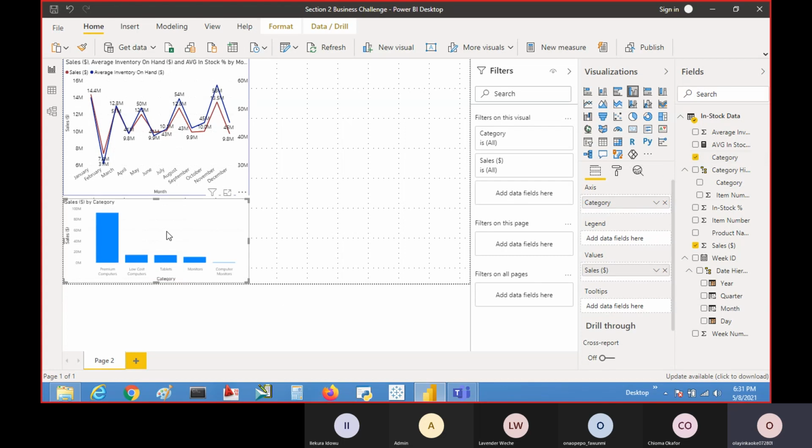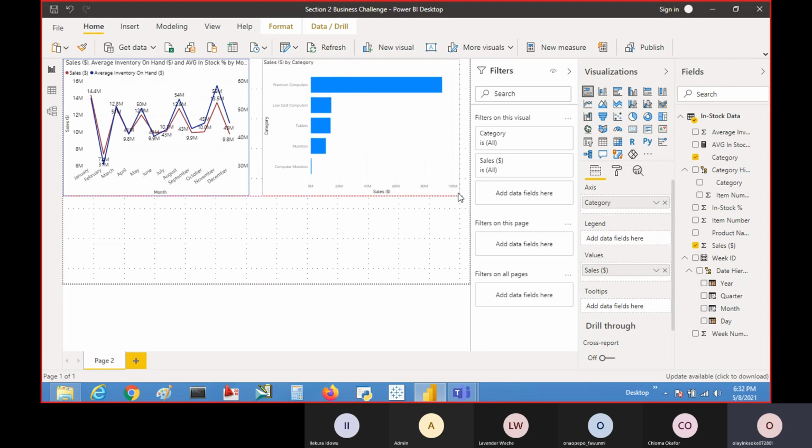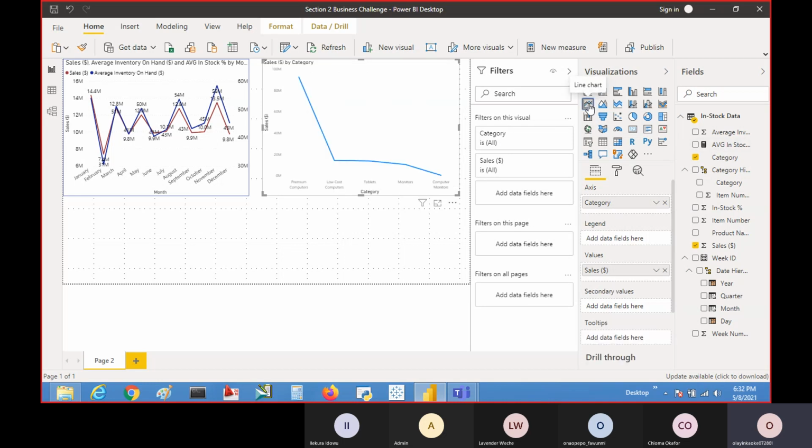In a situation like this, Power BI has automatically selected a column chart for us, but I would like to change it to a bar chart. And why do I want a bar chart? A bar chart shows you very easily, because a normal reading rule is that people read from left to right. So when you read this from left to right, you can immediately see that premium computers have the highest. Now you can imagine if I put this in an area chart, a line chart,